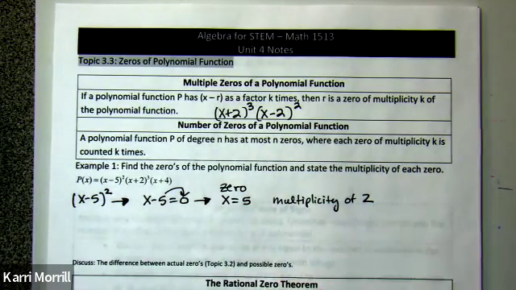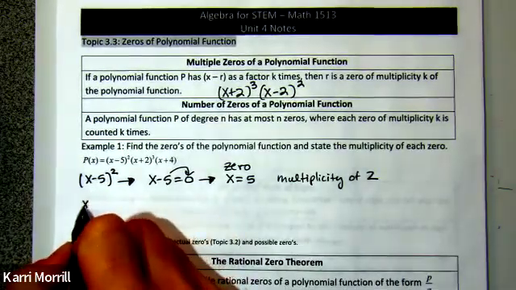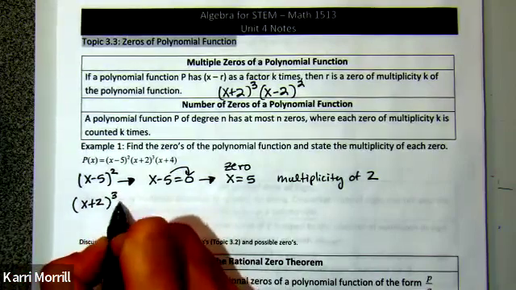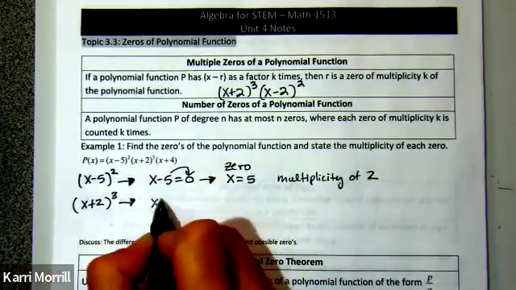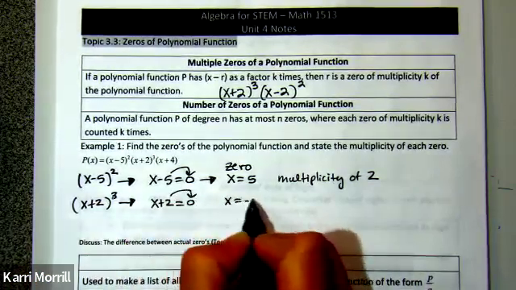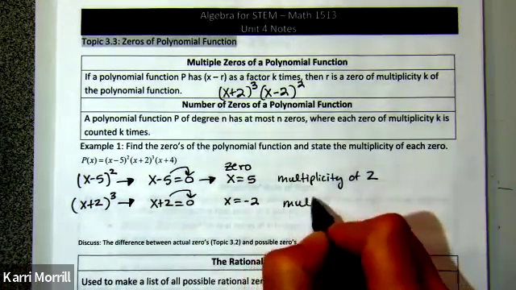And in web design, there'll be like a drop down, and you'll choose a number. So x plus 2 to the third power. If I were to see what would zero that out, I would have to subtract 2. So x would end up being a negative 2. So the zero of that factor is negative 2. And it has a multiplicity